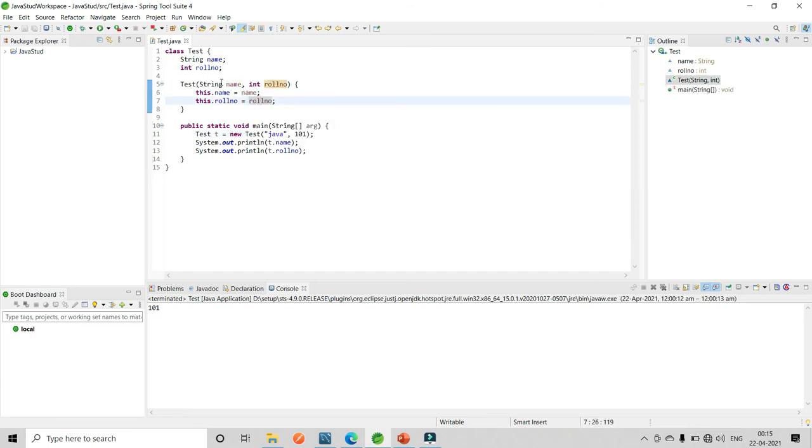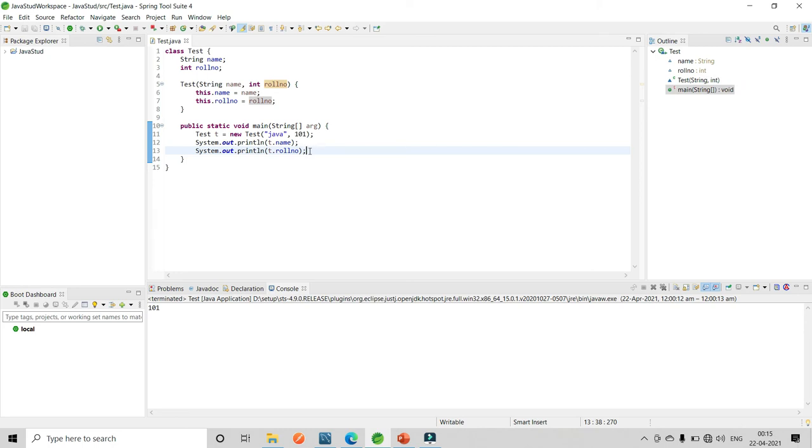So in place of name we got Java, and in place of rollNumber we got 101. These two values are set into these variables. When we print this with System.out.println of t.name and t.rollNumber, we will get the output Java and 101.